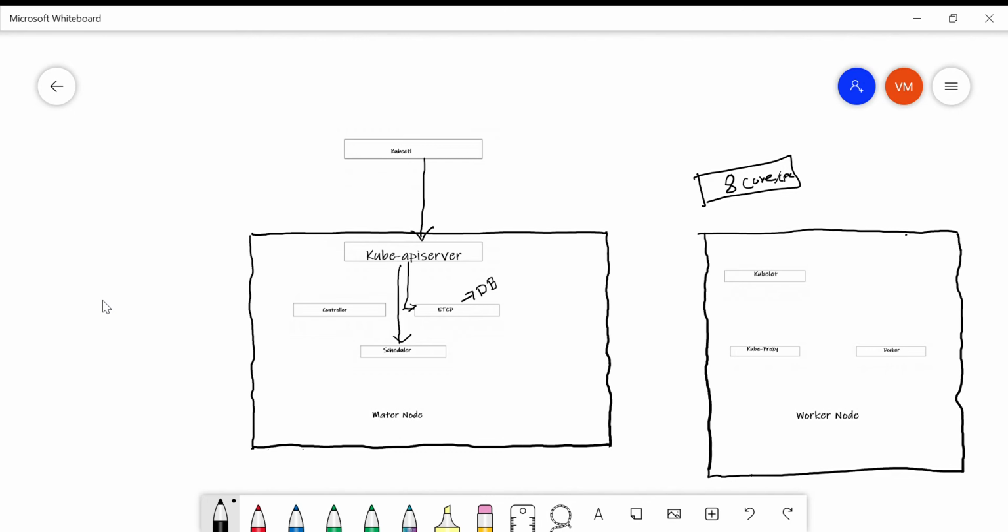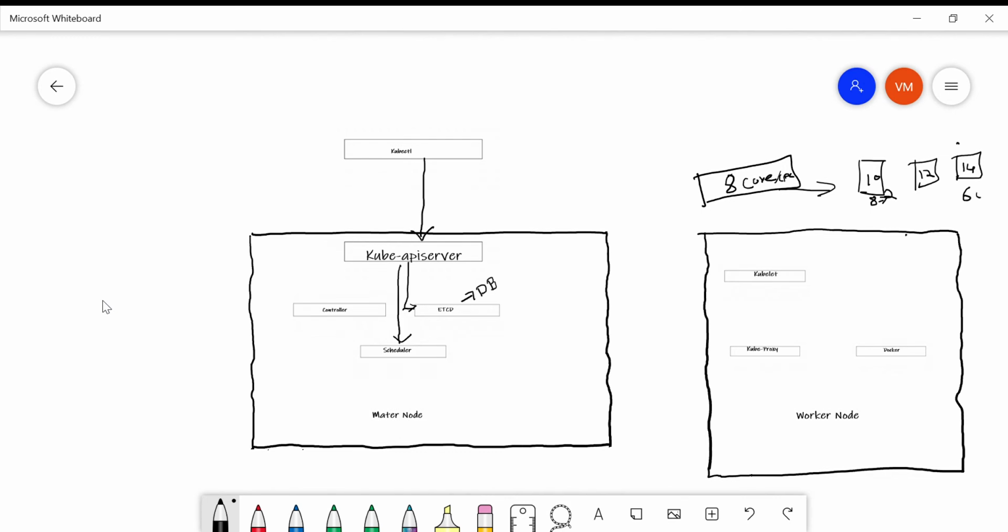Then in the second step, it checks, okay, if I place this container on one of these nodes, what will be the resources left? Let's say I have shortlisted 3 worker nodes after the first step, and one has 10 cores, one has 12 cores, and one has 14 cores. If it places the 8 core application on the first, it has only 2 cores left. But on the last one, it will have at least 6 cores left, right?